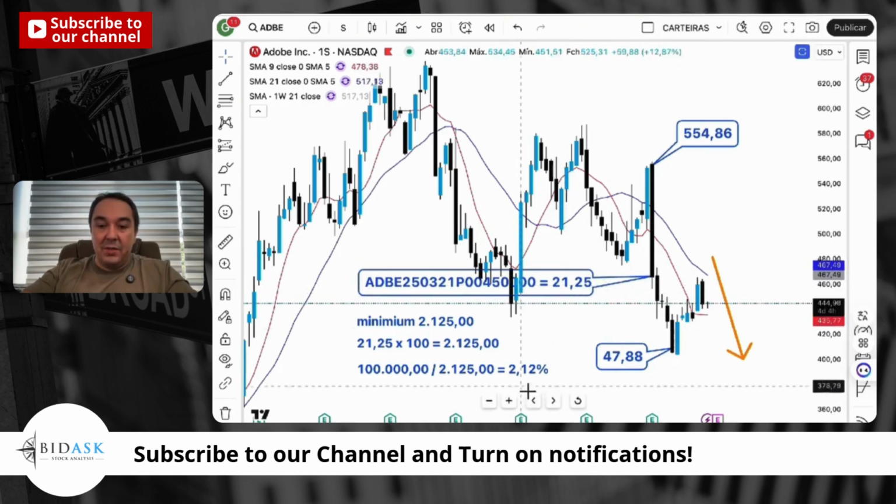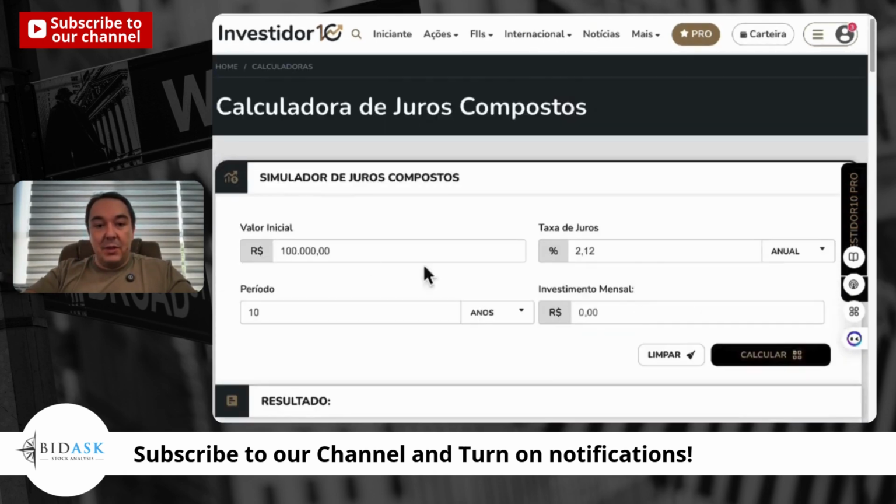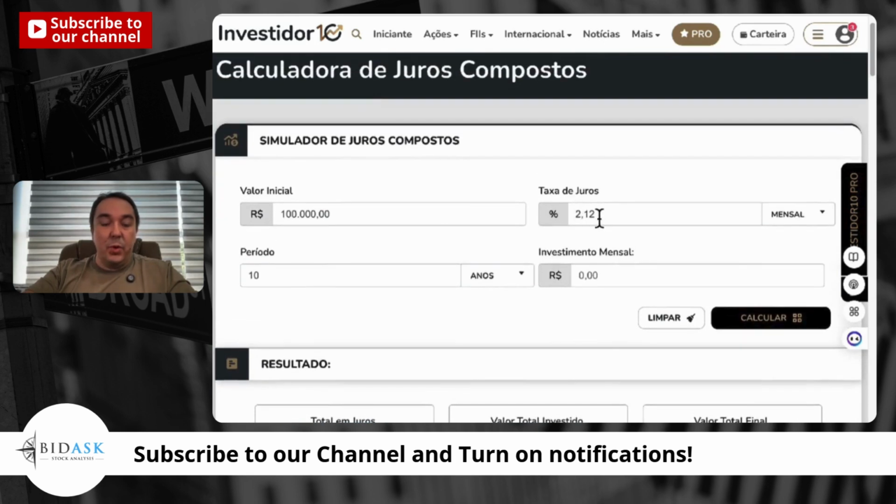So when we look at 2.12%, it might seem small, but I always like to bring to you here the value of this in the long run. Not to show a false promise, but so that you appreciate the power this operation holds. Basically, my friends, when we say that this operation lasted a month, if we could hypothetically carry out such an operation every month for 10 years, we would have our